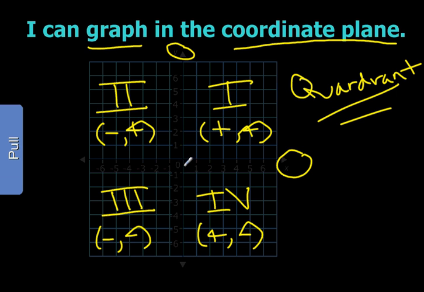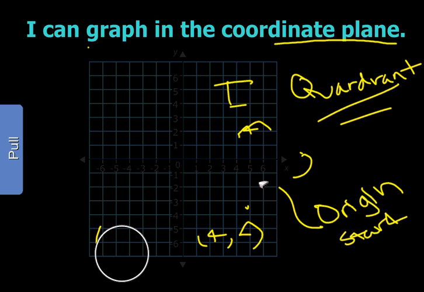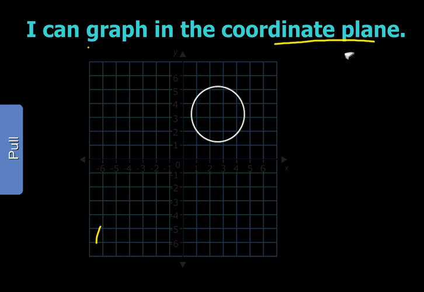And there's one other little important piece right here, right in the middle, where my x and my y axis cross. That's called the origin. And that's where we start every time when we're graphing in the coordinate plane. It's our starting point, the origin. Okay? So now that we have kind of that background lingo and we're sounding like super smart mathematicians,